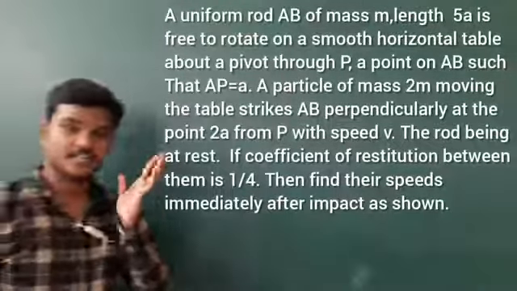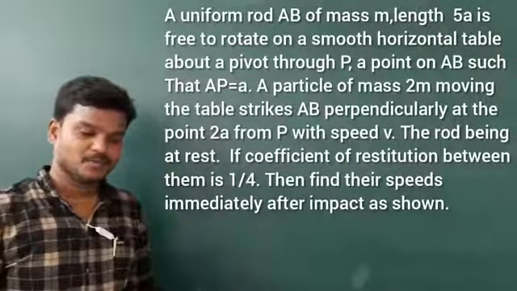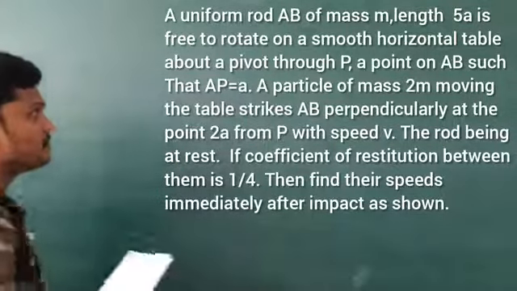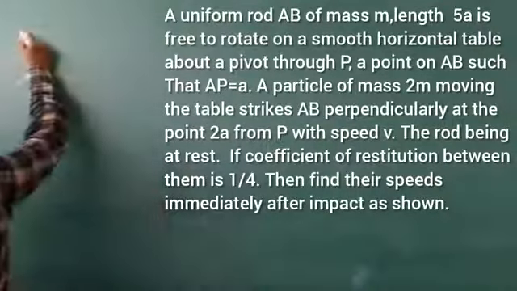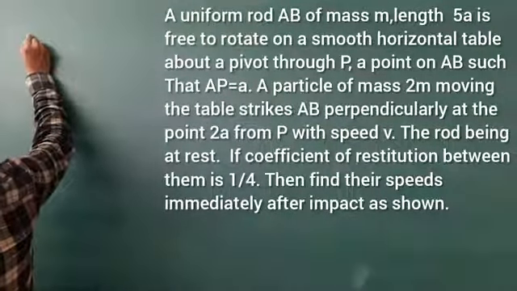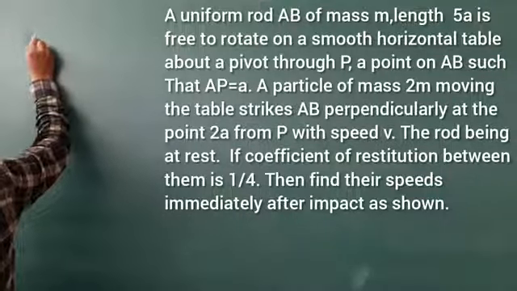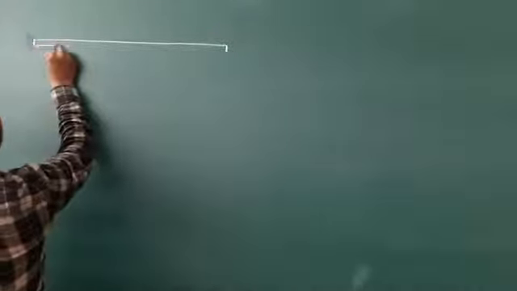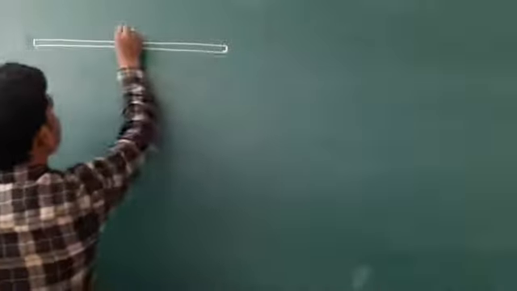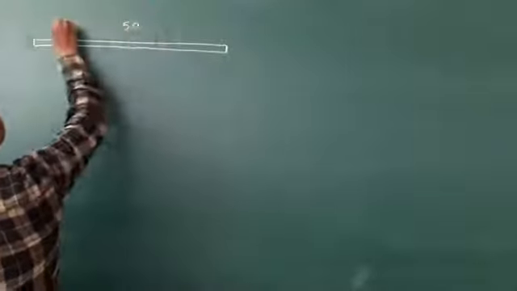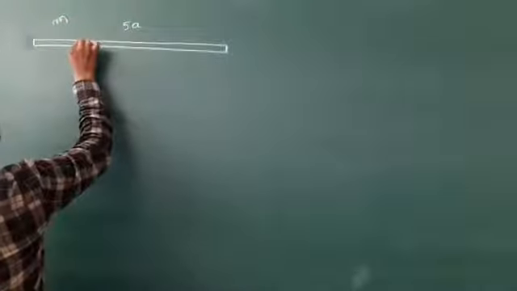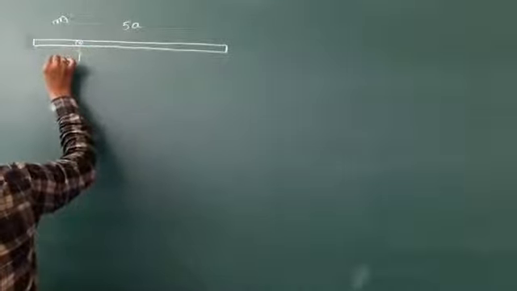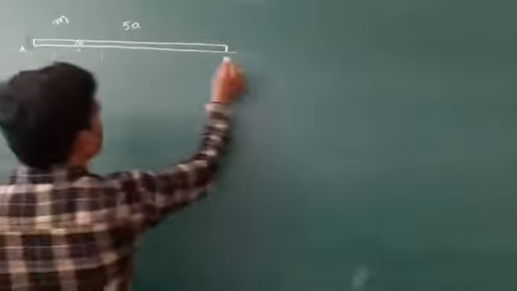Okay, so this is a calculation level question. Anyhow, this problem is also based on conservation of angular momentum. Let us see how to solve this problem. Here they have given a rod whose length is 5 times a. See, this is the rod. Length is 5a and mass is m, and this is pivoted at a point P that is given already. This is at a distance of a, and see, this is the rod AB.